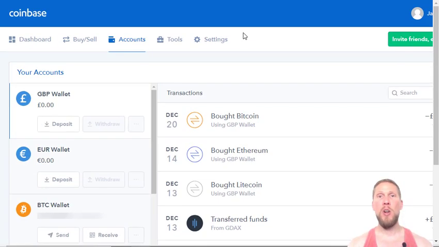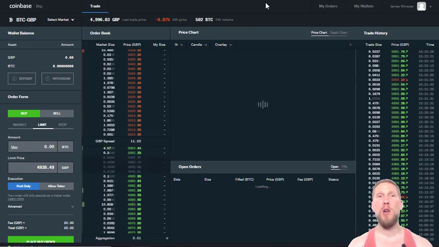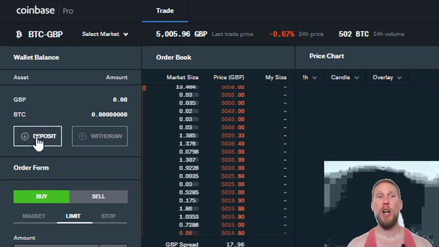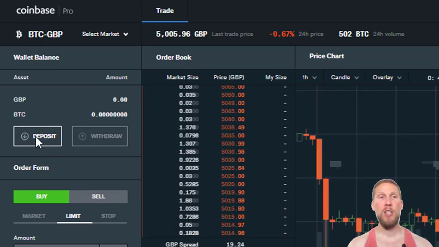So now once you've deposited the funds, the next step is to go to another website. We're not going to use the regular Coinbase website. We're going to use Coinbase Pro and the address for that is pro.coinbase.com. So once you're on that website, you want to deposit the money from your Coinbase account into Coinbase Pro. So click the deposit button just here on the top left